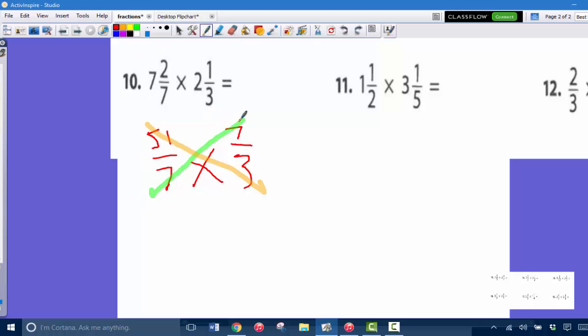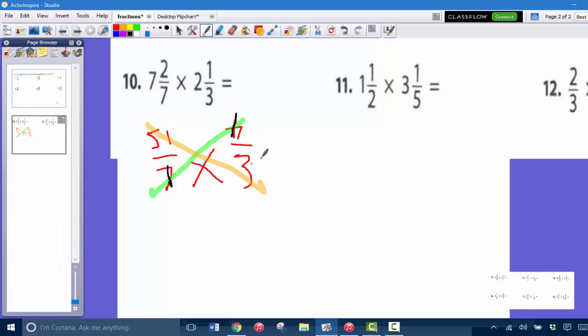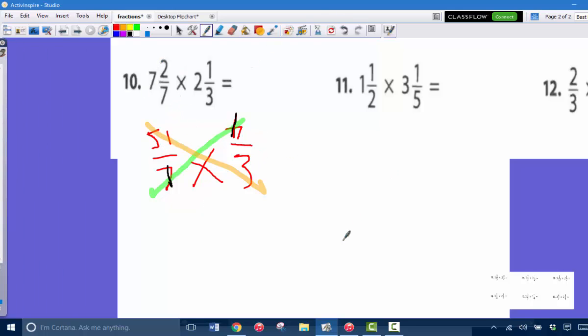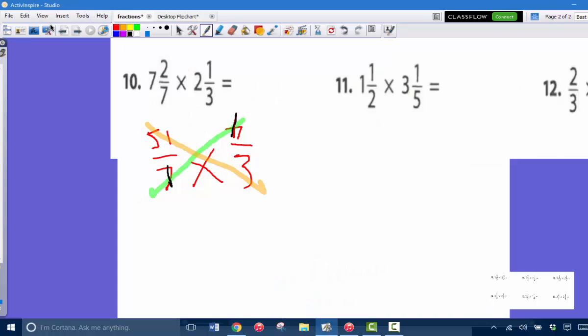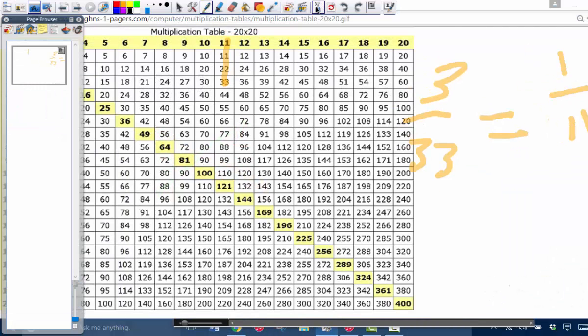Remember, a number will always go into itself 1 time. 7 will go into 7 1 time. 7 will go into 7 1 time. Can 3 and 51 be reduced? Let's see. You don't know? Take a look at the chart, right? So if I take a look at the chart,